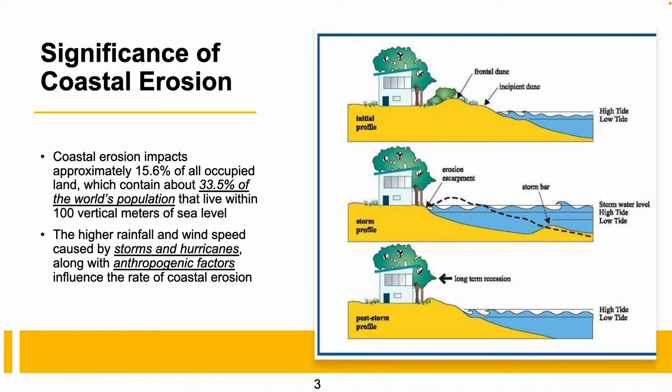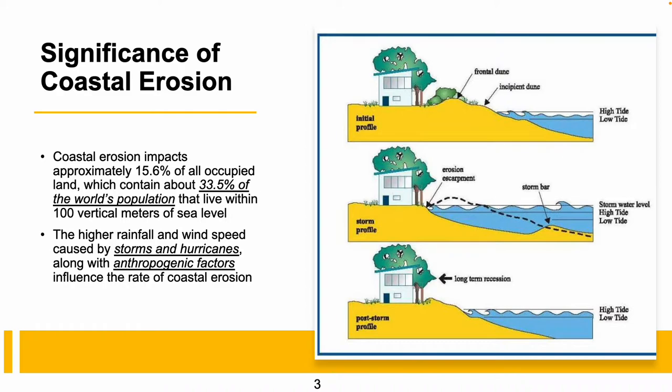Coastal erosion is the loss or displacement of land along the coastline due to the action of waves, currents, tides, wind-driven water, waterborne ice, or other impacts of storms. In Florida, we have a lot of storms and the possibility of hurricane, so coastal erosion is a direct result of that. In this image here, you can clearly see that the original profile of this portion of shoreline is